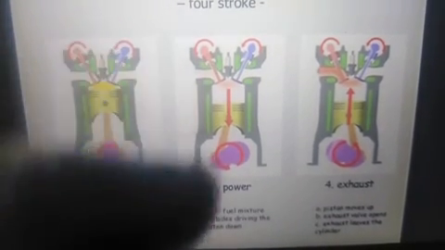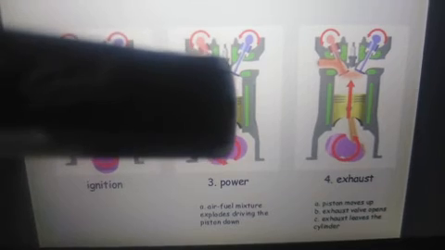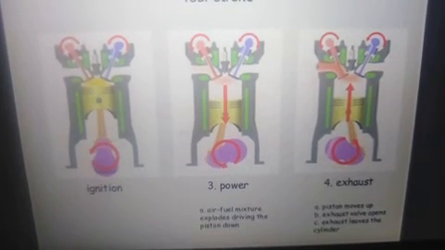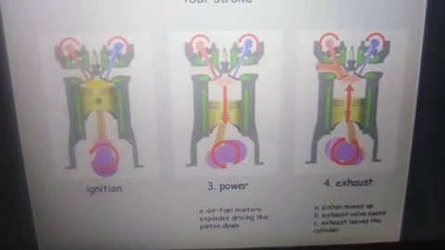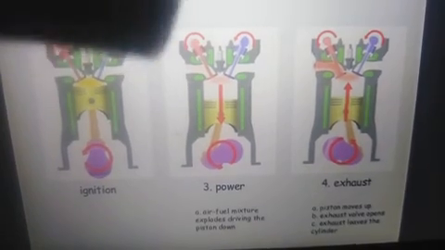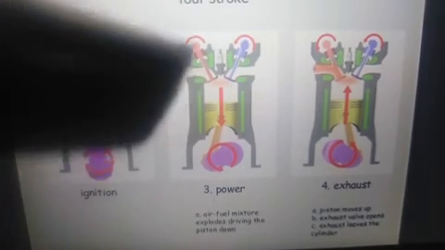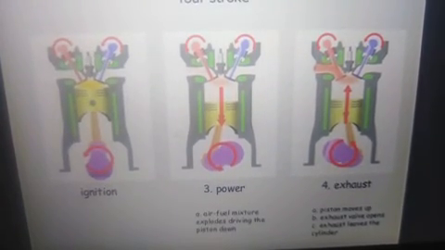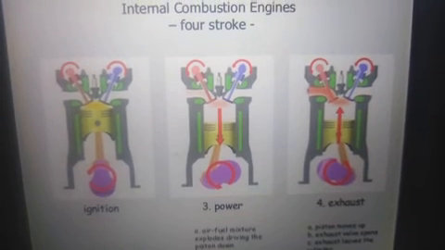Okay, for the piston we give that power, and due to that blasting or combustion, due to that force created in the combustion chamber, the piston moves from top dead center at a high position to the bottom dead center with high speed. During this travel from TDC to BDC, the speed of that piston movement is at the highest level of the engine, and it is called the power stroke. That is, the movement of a piston from top dead center to bottom dead center is called the power stroke